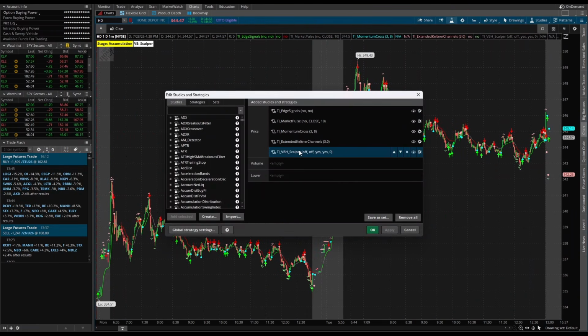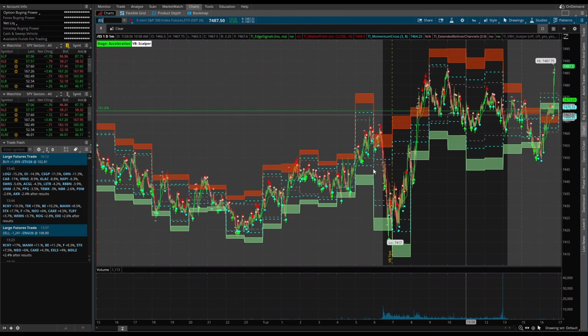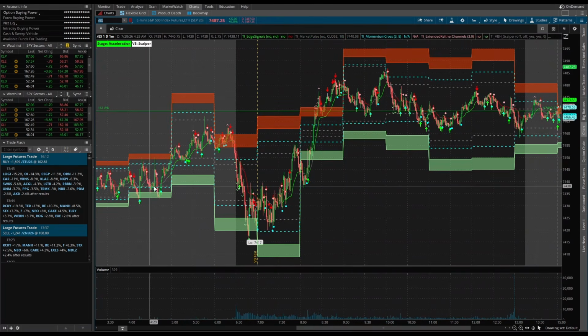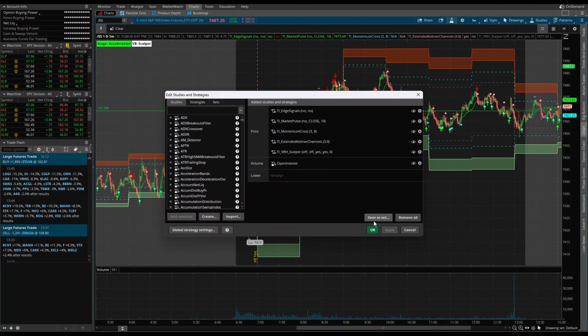That's because we have the scalper models loaded on, which are for the futures volatility box models. If I come into ES, now all of a sudden I can see our futures volatility box plotting, and it's moves like this one that we're looking for. So that gives you a little bit of a preview into the futures models, but let's start by saving this